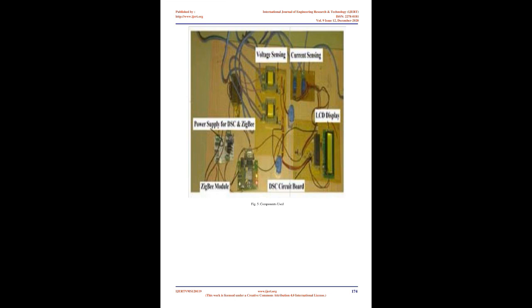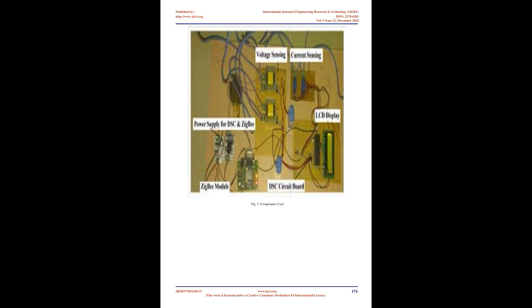Zigbee Router, ZR. Zigbee Router acts as an intermediate node between the coordinator and the end devices. It routes traffic between different nodes. It receives and stores messages intended for their children. Zigbee End Device, ZED. Zigbee End Devices contain just enough information to talk to the parent node. They may sleep, which makes end devices more suitable choices for battery-operated devices. All traffic to an end device is first routed to its parent.